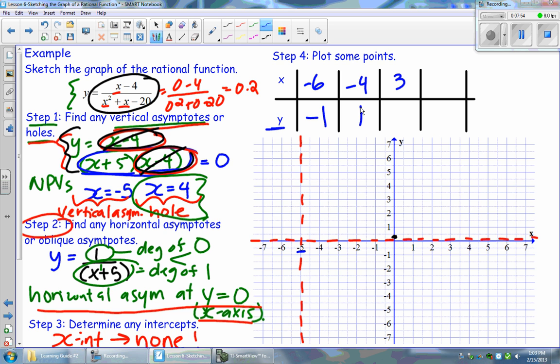Now I'm not going to show you 3. I have it here already. We have 0.5. So once again, just follow the same steps, and you should get this value right here. Okay, so now let's plot those points. We have at -6, -1, which I will plot right here. And -4, +1, which is about here. Okay, and 3,